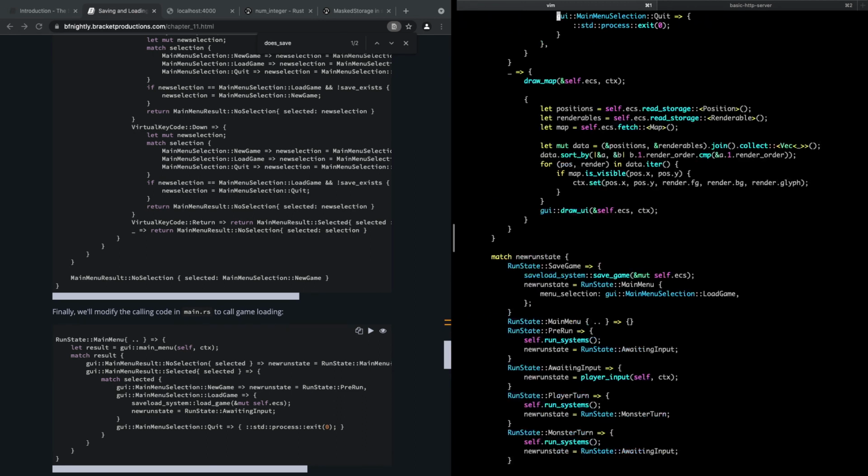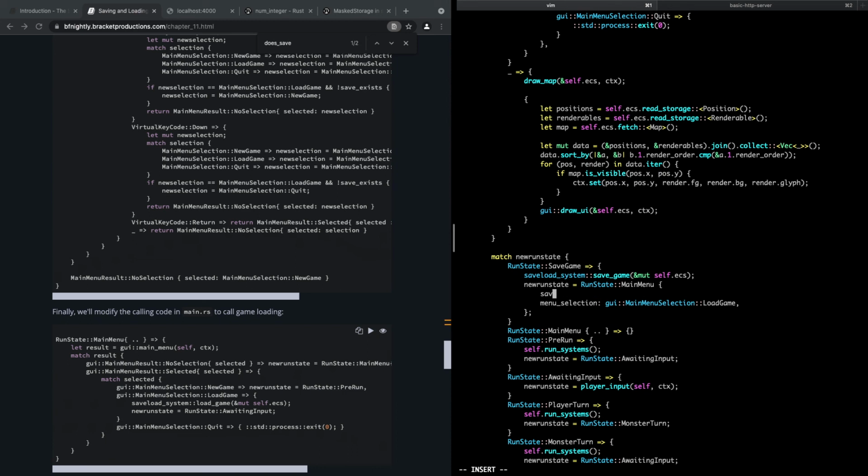And at run state save game, oh yeah, so we say run state main menu load game. So we need to check here whether or not we should be showing this load game. And we should show new game if,